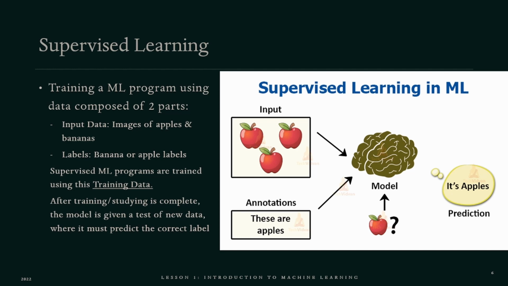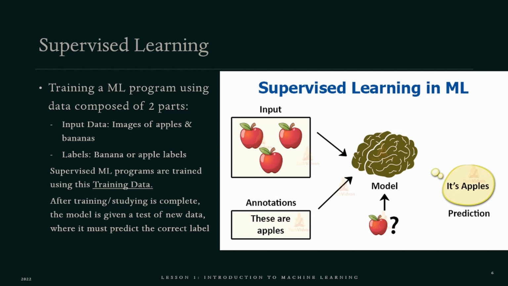So, supervised learning, and again I'm going to take it back, this is just a step-by-step process on how to teach your computer how to identify a pattern. That's it. This is just a way for your computer to identify a pattern in the data that you present it. And we call this one supervised learning. Supervised learning is composed of two different pieces. You have your input data, and then you have labels that are associated with that input data. This image here kind of shows what I mean a bit.